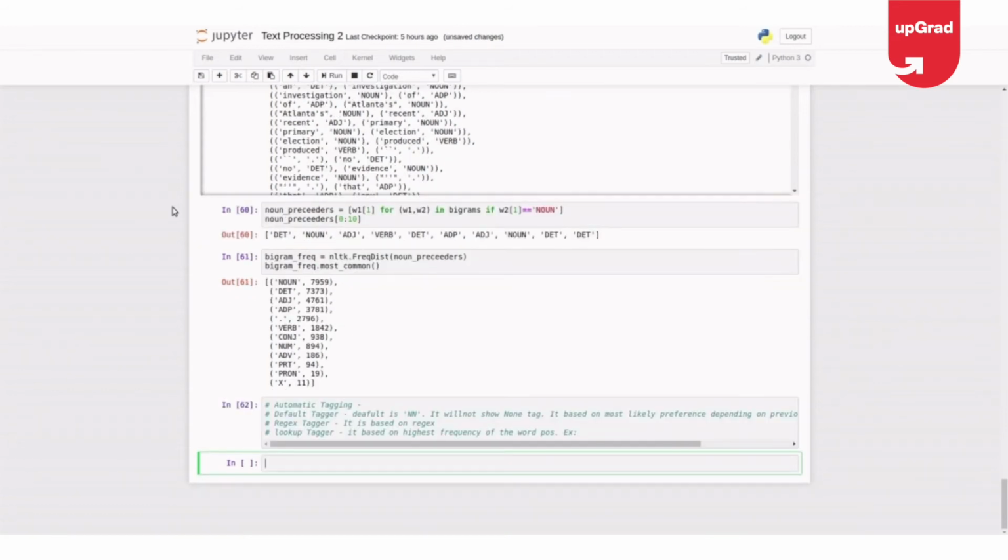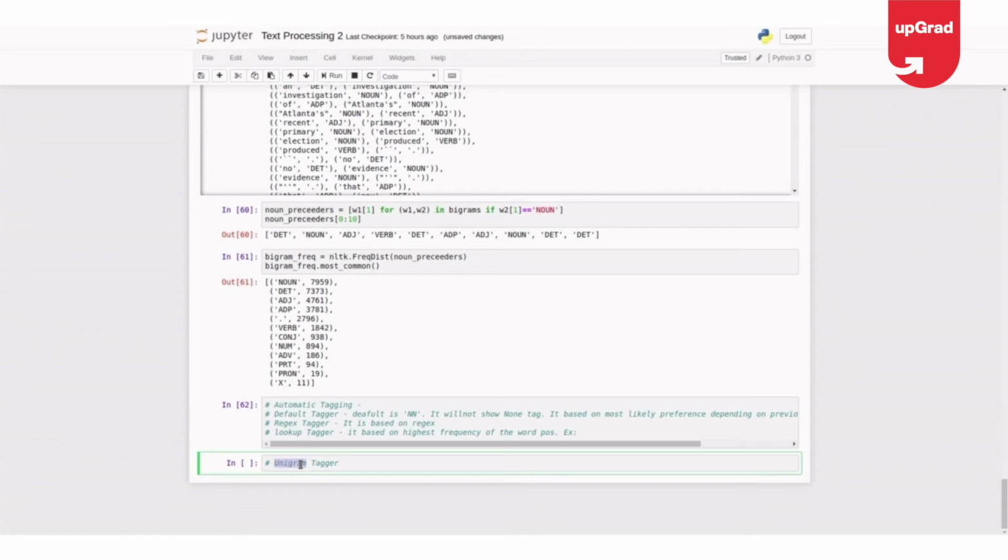Okay, I'll explain with respect to how to train your own taggers, the unigram tagger or bigram tagger, or combining them both. So how do you train your own unigram tagger? What is unigram tagger? Unigram means single word tagger.